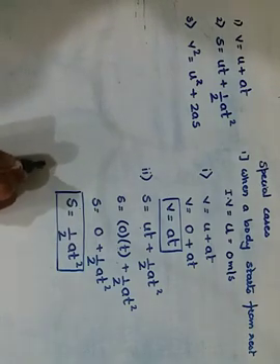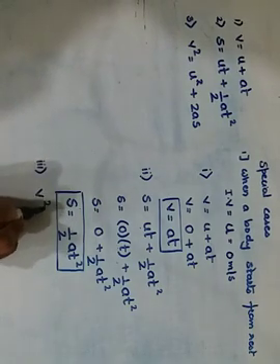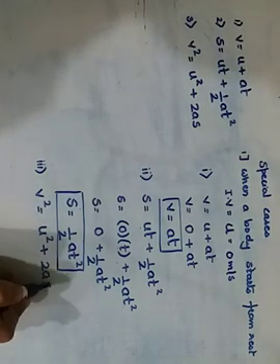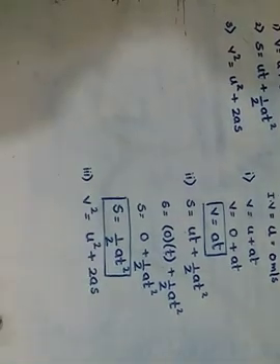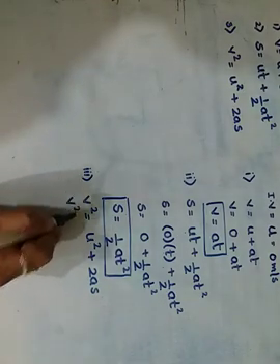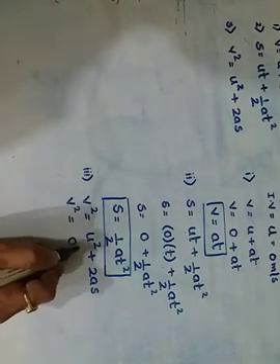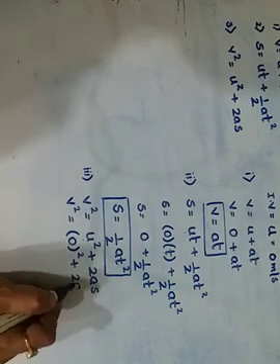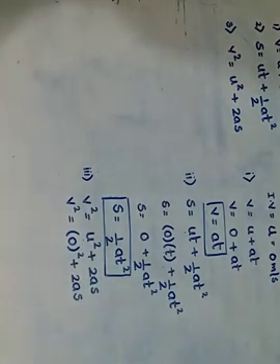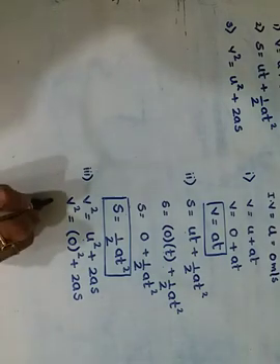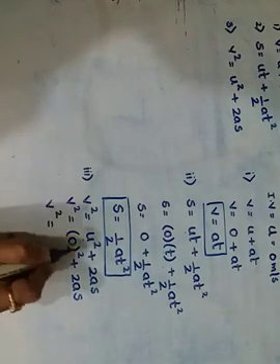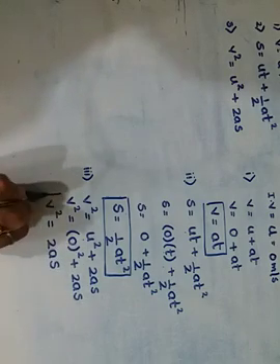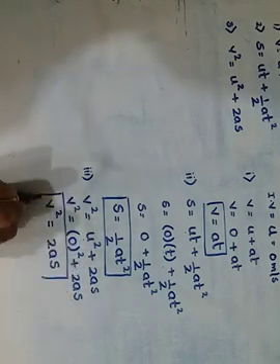Again the third case. In the third case, v square is equals to u square plus 2as. When I substitute the value of u as 0, it becomes 0 square plus 2as, where a and s stay as they are. 0 square is 0 and 0 has no value, so just remove the 0 and put 2as. This became the third shortcut equation.